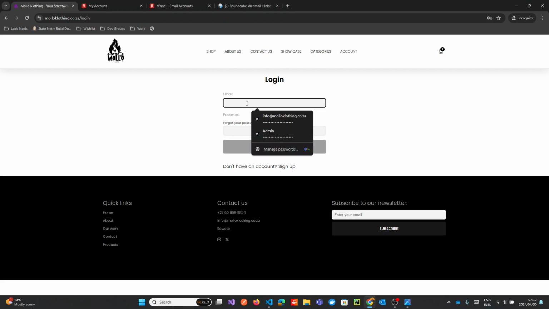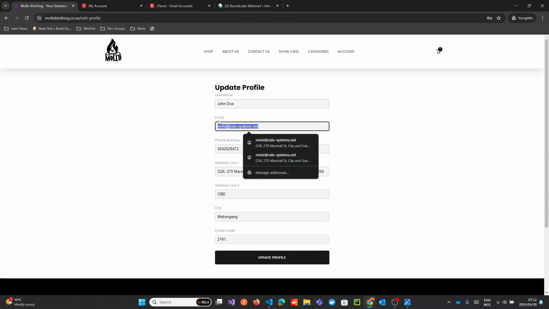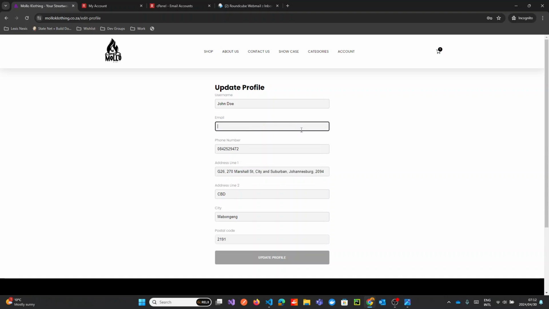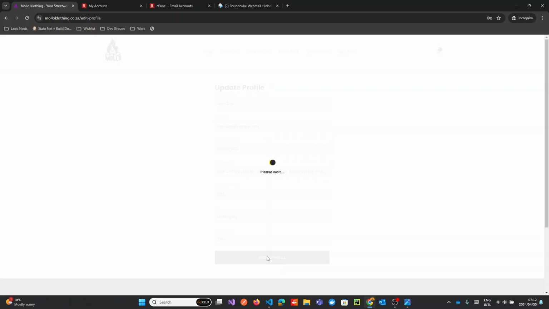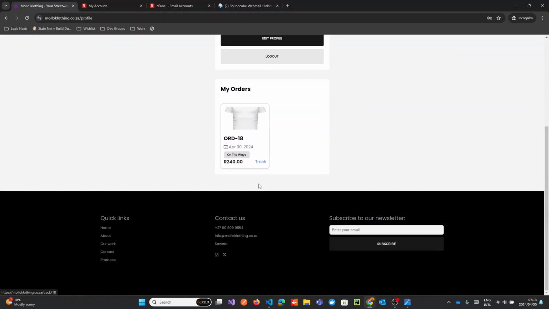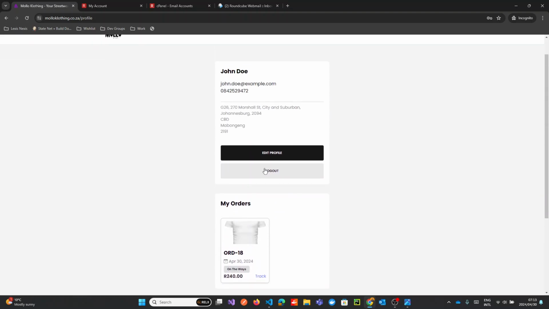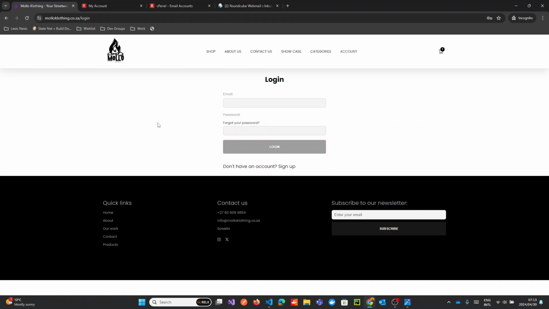I will hit logout and then log in as John at example. And let me try to update my profile. So now I can easily change my details back to what they were. And my addresses here, I can also change. And now, let's log out